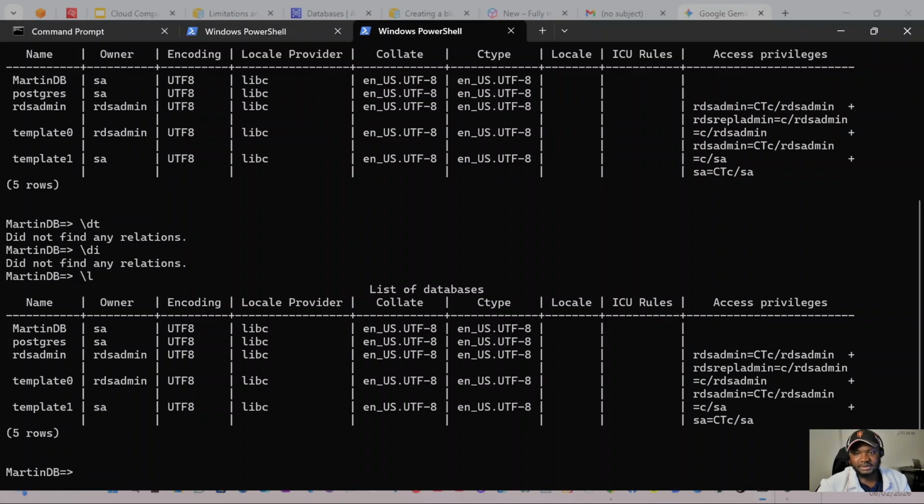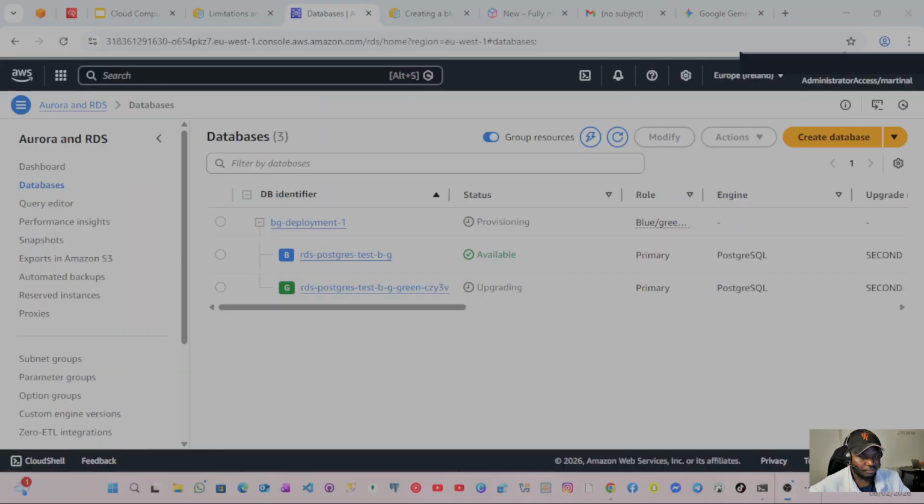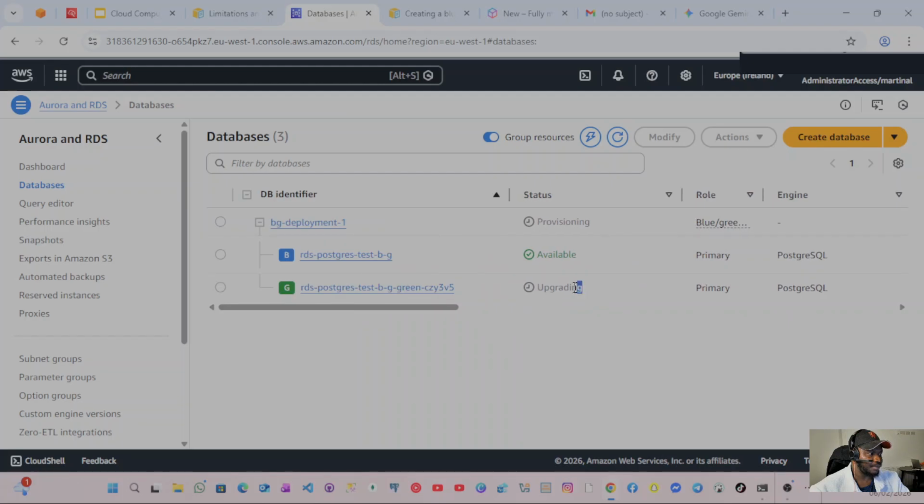Okay. Yeah. So guys, let's move and see if the blue-green deployment is complete. Yeah, guys. So you see that the blue-green deployment was provisioned, and now the green environment is upgrading. Okay. So you are now upgrading. Why? Because